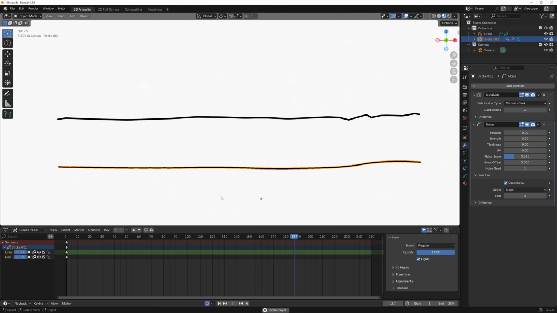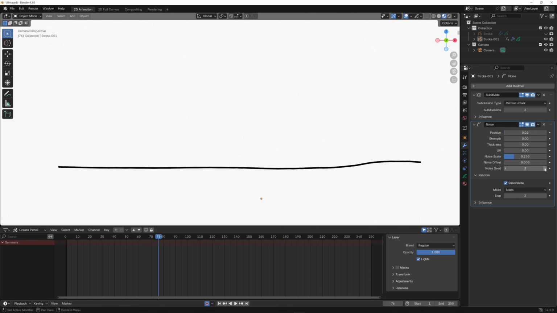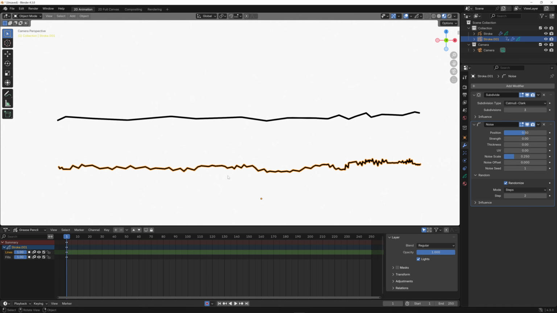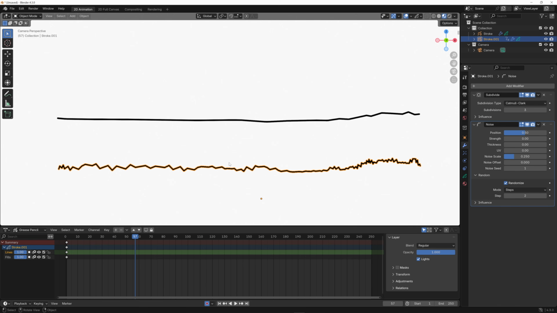I'm going to turn off this top stroke because it's distracting. I just wanted to use that to show you to get a smooth effect, you really need more vertices or points. So if I play again with it on 2, you can see I'm starting to get that jittery line. Let me increase this to 3, and I had it on 1 before, not 2. Now they both have the same settings. Let me hit play. And you can see why the addition of extra points is important in order to get the effect you want.